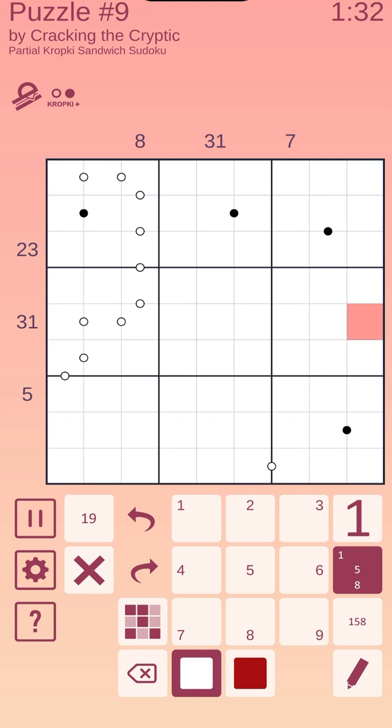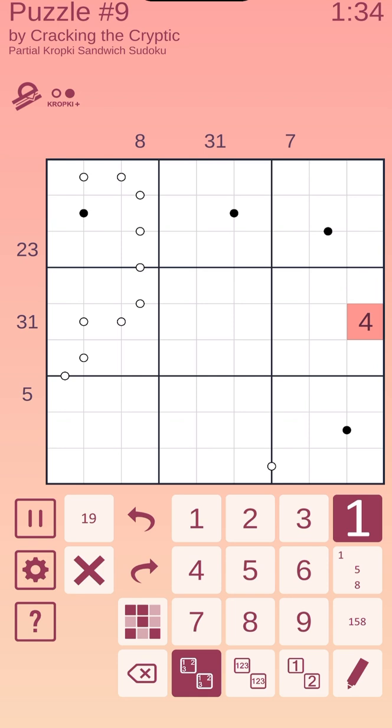So right off the bat, I can see that 4 has to go here. And the way that, at least, the easiest way in my brain to figure it out is that when you think about each row, column, and box has the numbers 1 through 9. The sum of the numbers 1 through 9 is 45. So when I'm trying to figure out how many numbers are going to go in between 1 and 9,